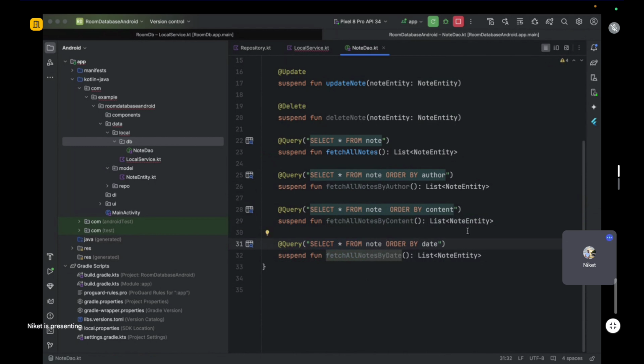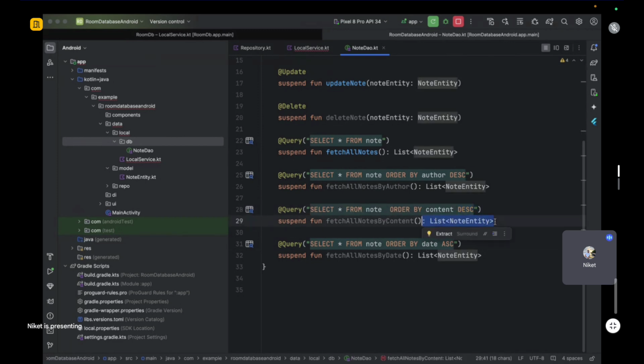okay. So what we have done here, we are telling the database through DAO, please give me all the notes that are available in the database, order by author. Let's say we wanted to do author in the descending order, content in the descending order, date in the ascending order. Okay, so please query it all, order it by content in descending order, and give me a list of note entity. Okay,